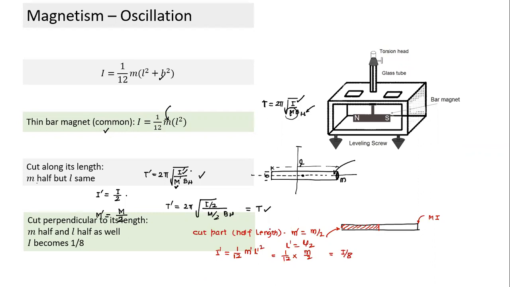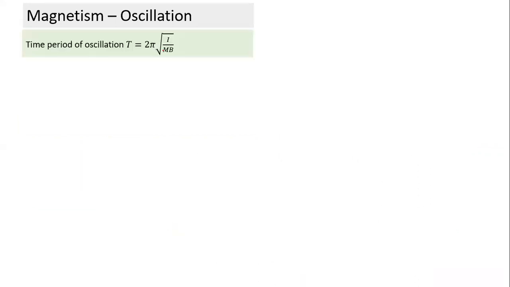What will happen to the value of M dash, the magnetic dipole moment? Magnetic dipole moment is the product of pole strength M and length. We have seen earlier, yesterday also, that pole strength will not change when you cut the length, only the L part will change. M dash will become original M by 2. Then I can easily find the new time period. This kind of question is an easy substitution.